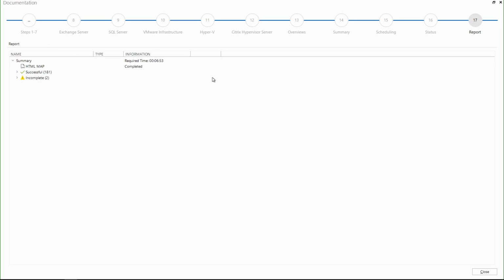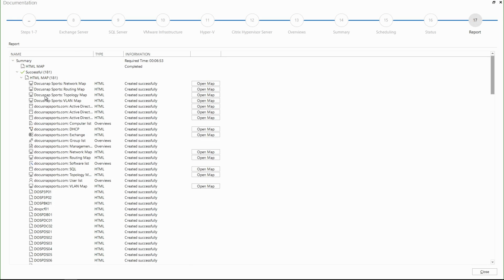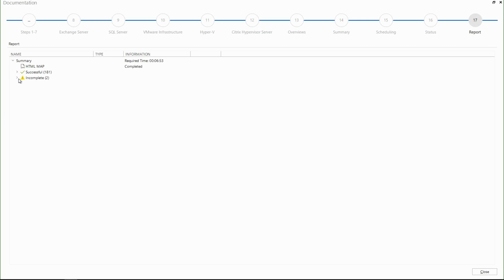After a few minutes, the creation of the documentation has finished successfully. Here we can find the status. Most documents have been created successfully. Only 2 were incomplete, but that's okay because I don't have data for this in my demo database I'm using here. For that reason, close the wizard,